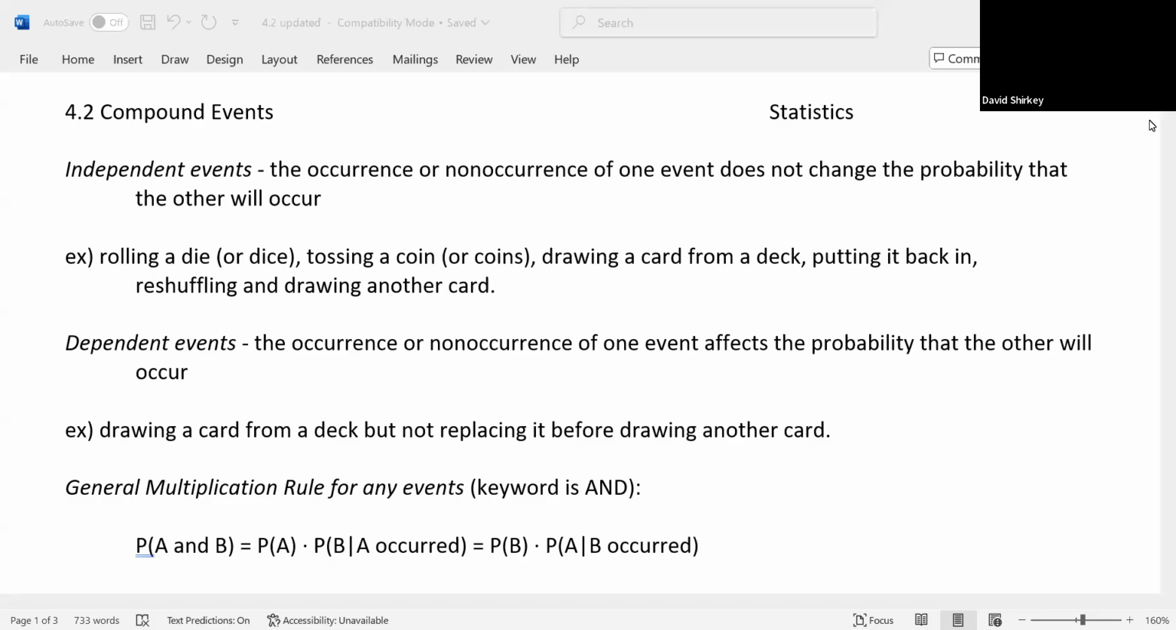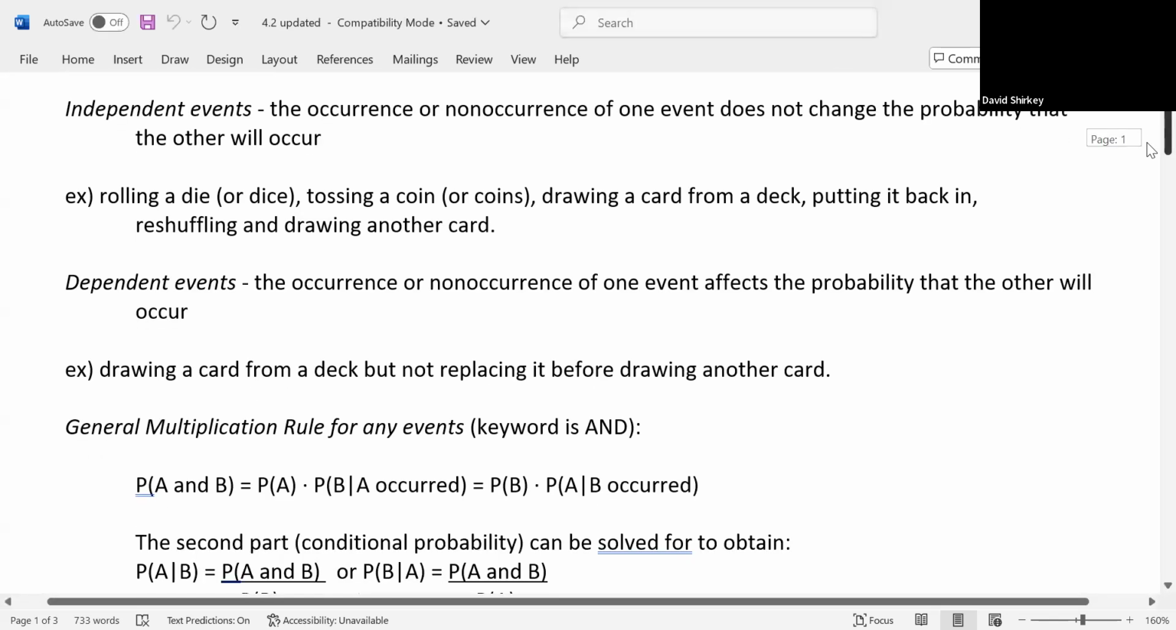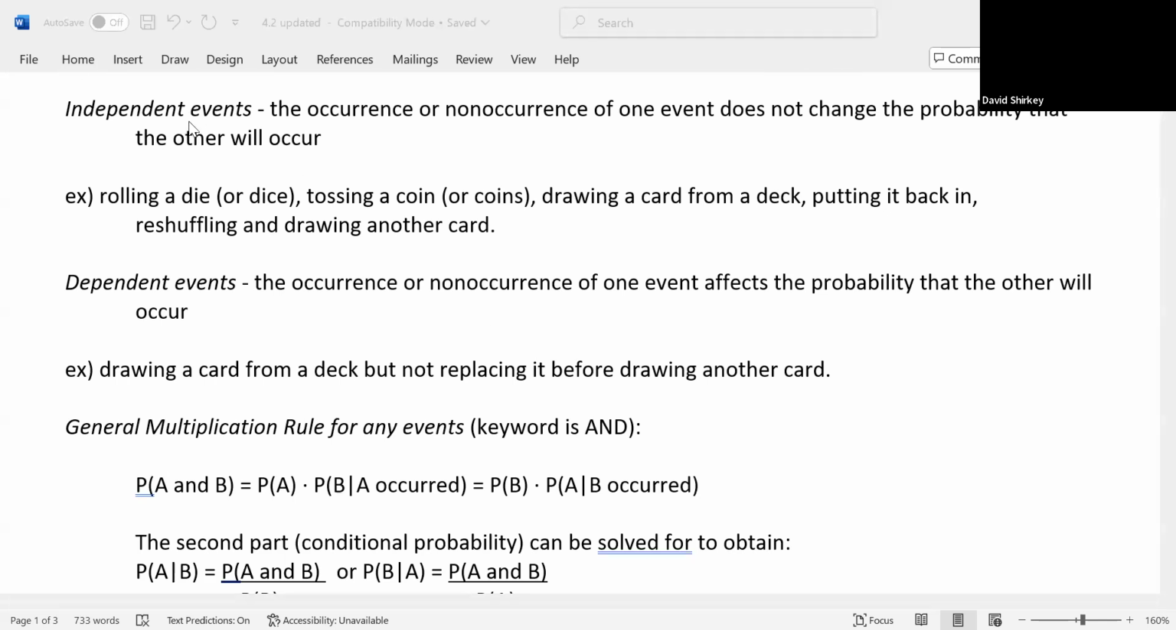All right, so we're in section 4.2, going over compound events. So we have independent events, in which the occurrence or non-occurrence of one event does not change the probability that